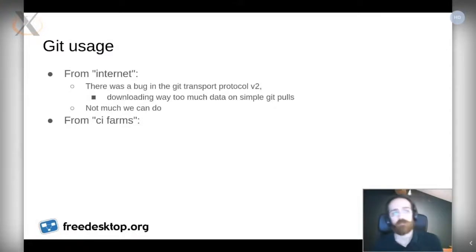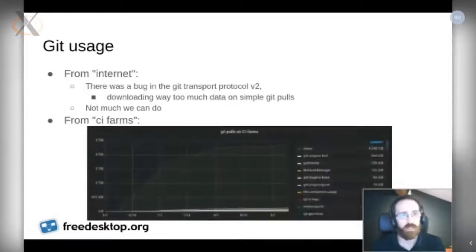From the CI farms, now that we know which project does what, we can actually pull the graph. And when we pull the graph, we realize that there is a big problem with the Mesa project. The Mesa project is using Git and CI extensively. That's good. The problem is that the runners and the project itself were not using cache at all. And every time the jobs were running, they were doing a full Git pull. And so you end up with a 4 gigs pull just for one pipeline. So the Mesa developers did some steps to prevent that, but the biggest